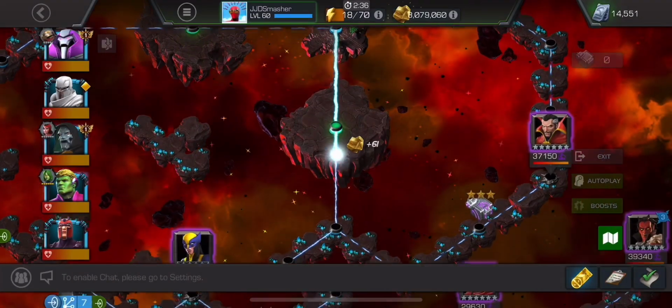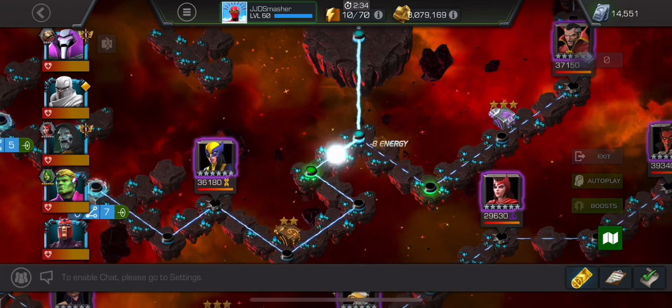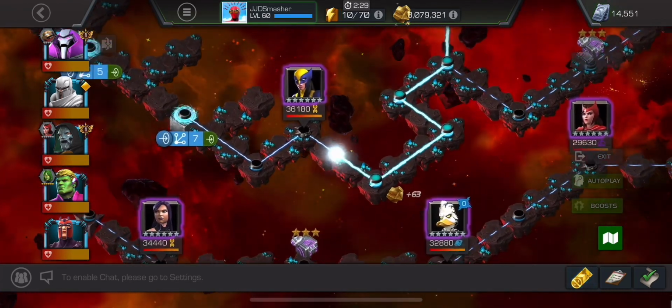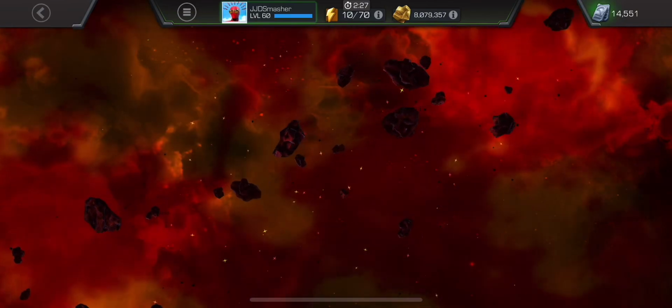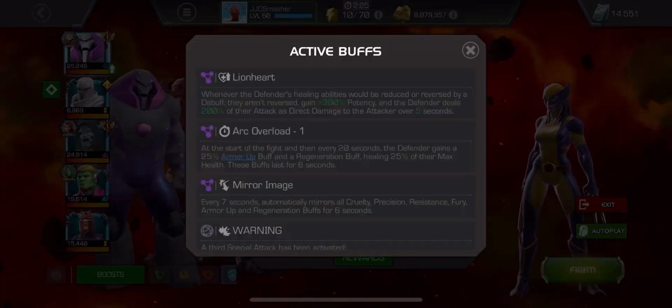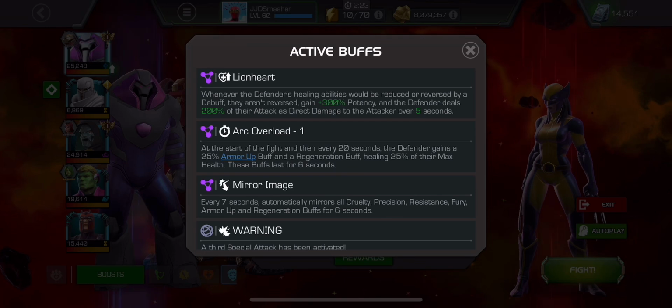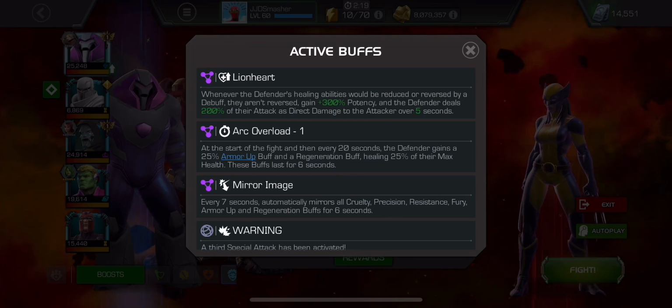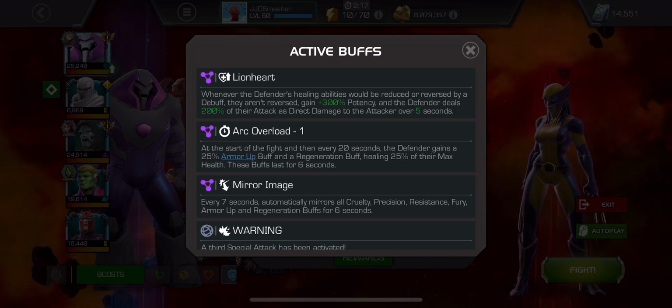We're going to be taking this path right here to X23. And you can see the team right here. Nimrod is going to be an MVP for this. Magneto is going to be an MVP for this. Pretty much all the defenders on this path are metal, so you can just use Magneto for all of these